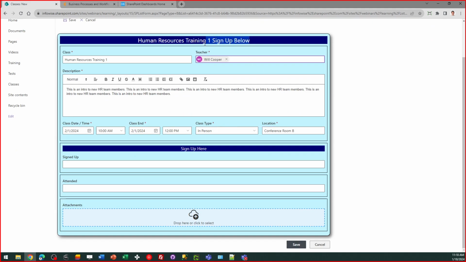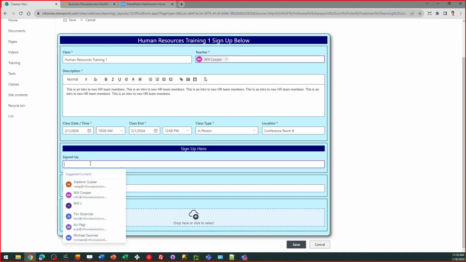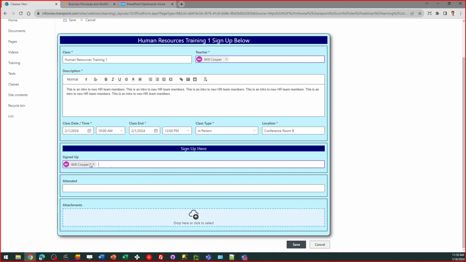Notice at the top it says human resource training, sign up below, and then it says sign up here. So this is just a multi-person field, so people can come here and enter their names and add to the list. It'll take as many as we need, and that can just grow and grow, and we can have as many people as we want signed